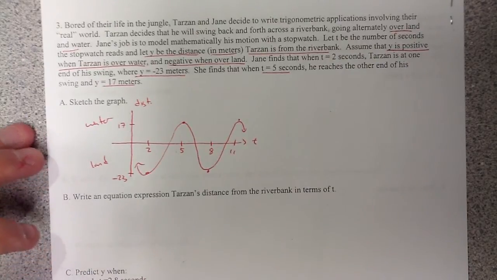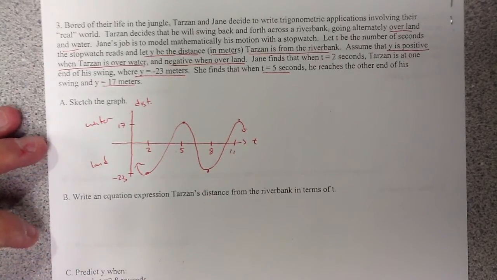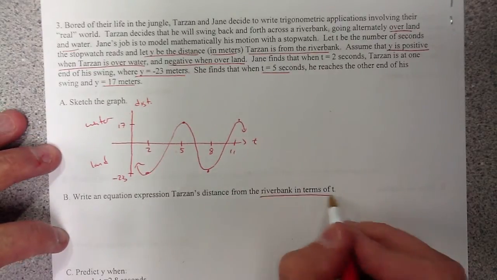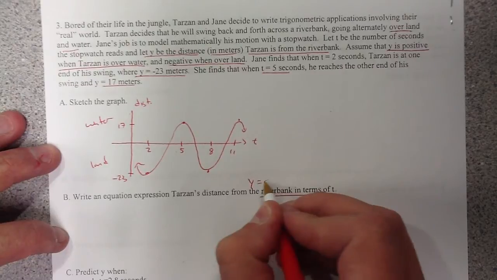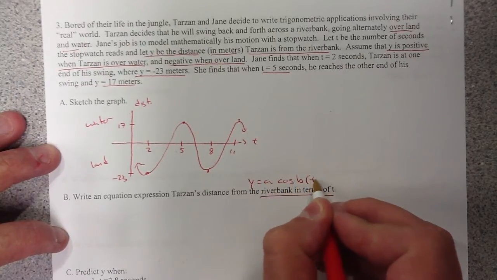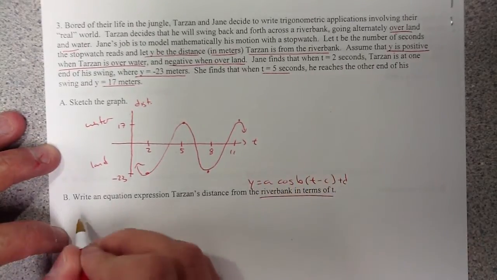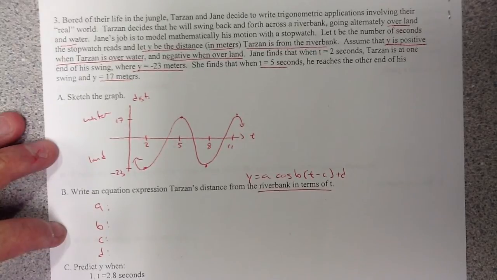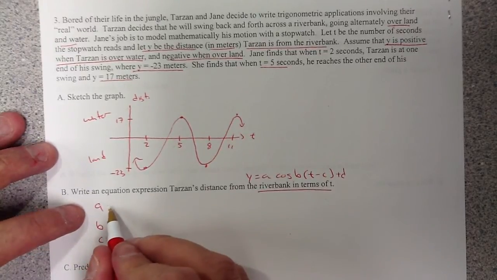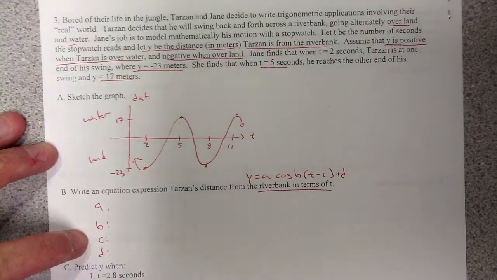Part B says, write the equation expressing Tarzan's distance from the riverbank in terms of t. So remember, we're going to use cosine. y equals A cosine B(t minus C) plus D. So we need A, B, C, and D. All right. So to get A, B, C, and D, the first thing we're going to do is